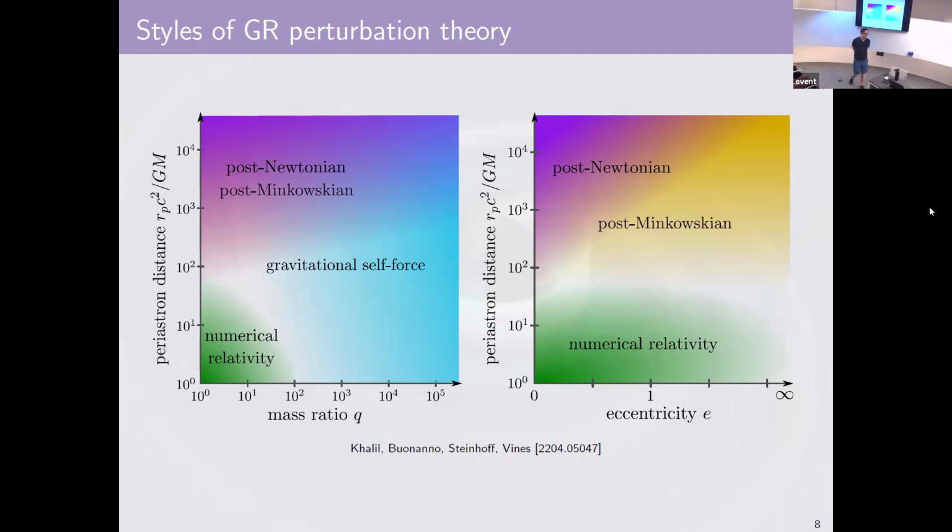Basically, you have three scales you have to monitor: the size of the black hole, the separation, which by Kepler's law is the size of the black hole divided by v squared, and then the wavelength of gravity, which is the separation divided by v. When the separation is large, v is small, so you have three scales that are widely separated. Your lattice has to be smaller than the smallest scale, and to monitor the large scale with a lattice smaller than the small scale, you basically